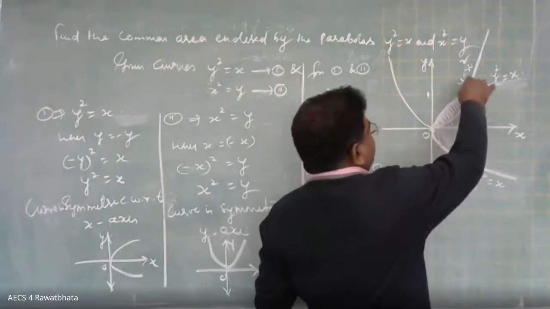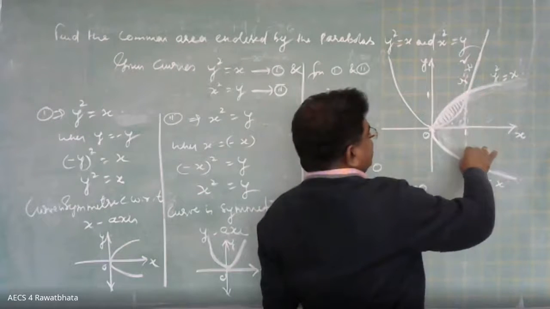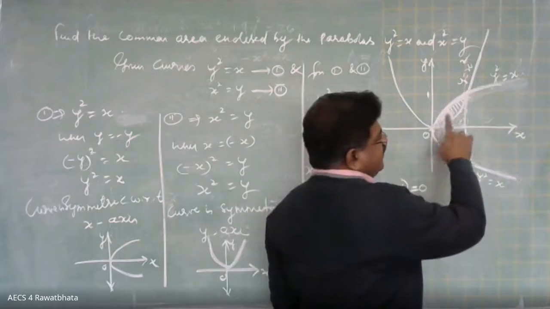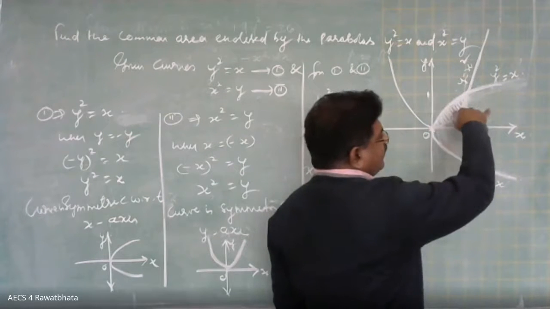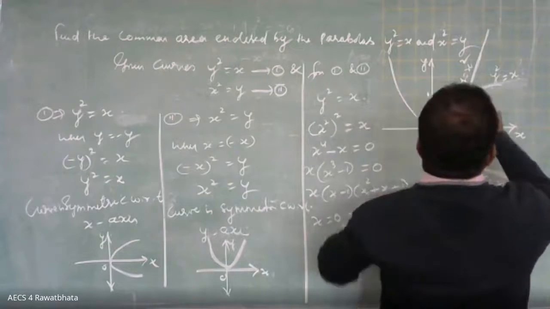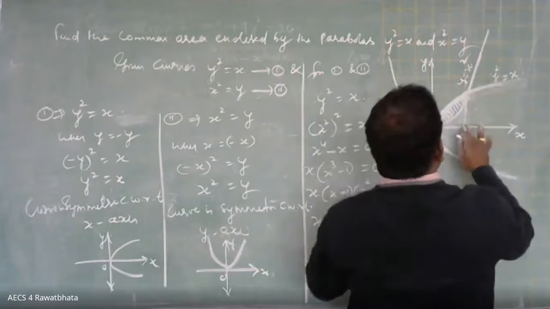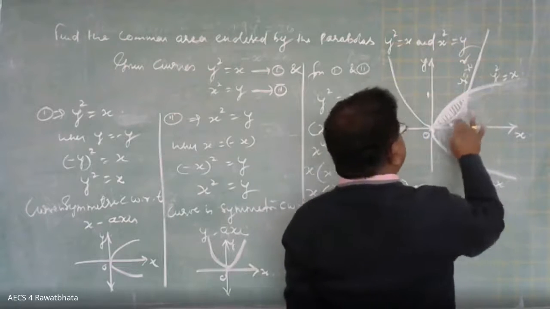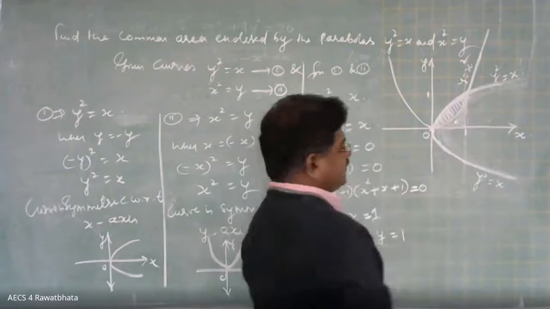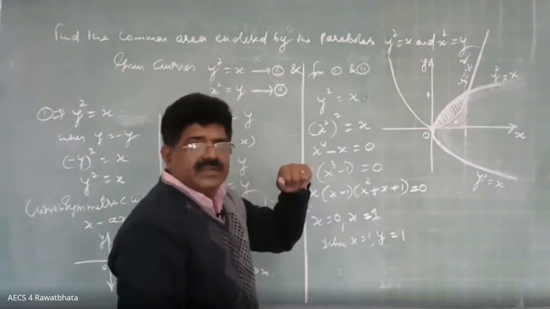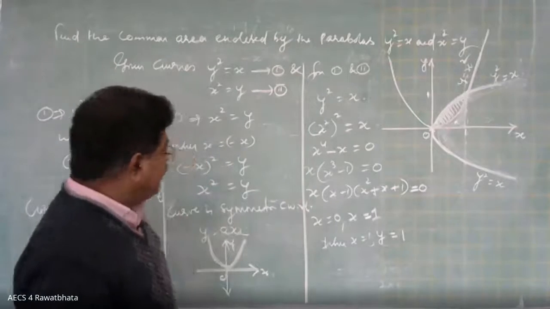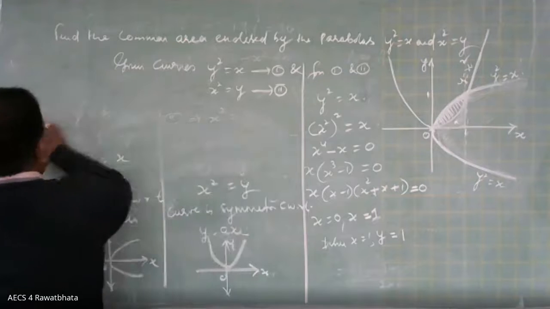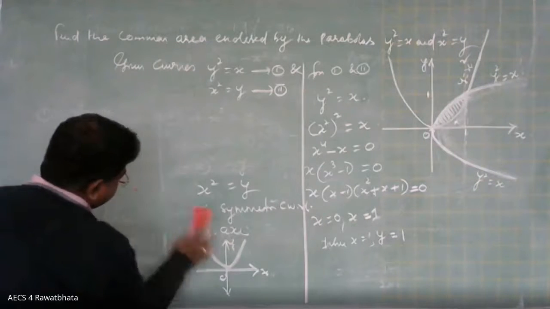Area made by the curve is inside, the curve and the axis inside the curve. And this one, y is equal to x squared, the area bounded by the curve with the x-axis, that is outside. That is not needed for us. That should be removed. So, let us see now how to find it out. You might have noted all this in your copy.